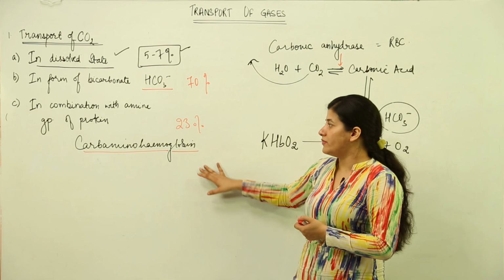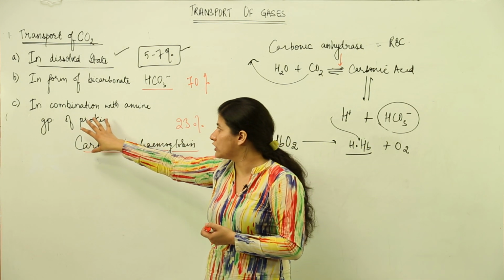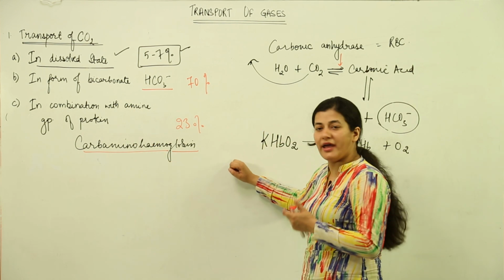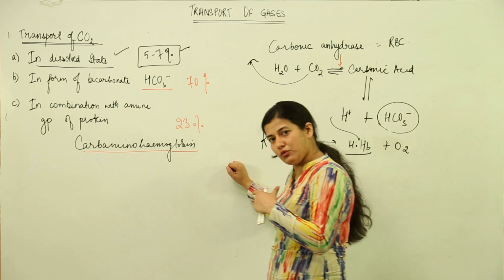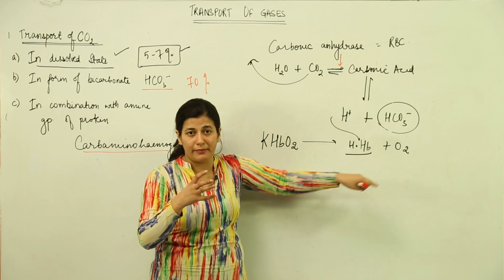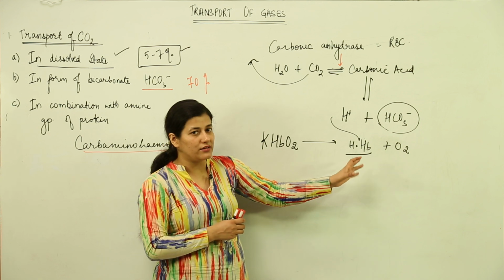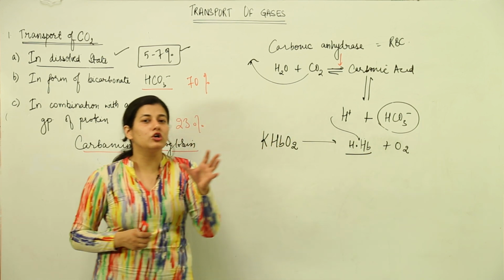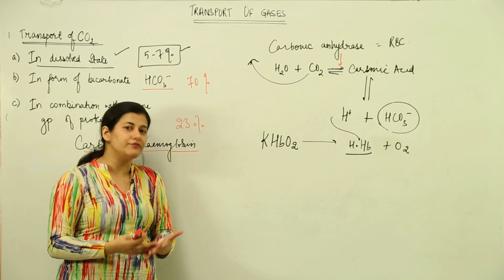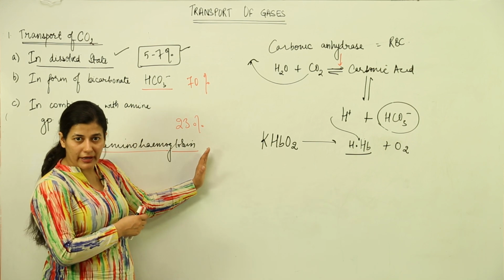Now the last method by which the transport of CO2 takes place is with the combination of carbon dioxide with the amine group of the protein that forms carbamino hemoglobin. Now this is like oxyhemoglobin only, and it combines with the hemoglobin that was released over here. The carbon dioxide would combine with, this has nothing to do with this hemoglobin, I am just referring to hemoglobin basically. The hemoglobin that would be present in the RBCs, that would not be used by oxygen, or that would be left alone once the oxygen has been given out, would combine with carbon dioxide molecules